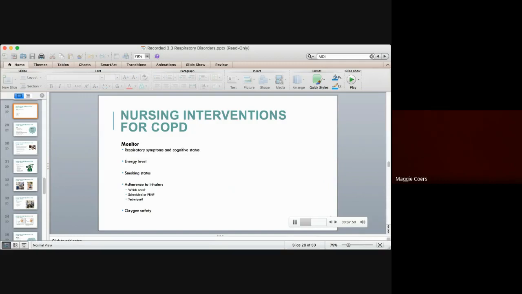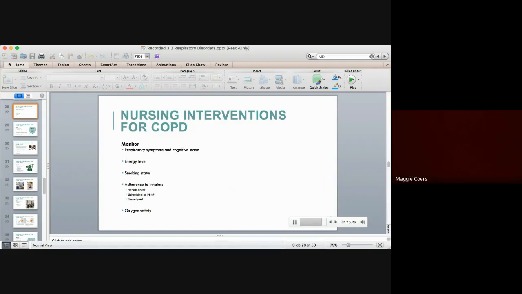We need to monitor energy levels, the smoking status, how the older adult is adhering to inhalers, like the techniques, the times they're taking them, which inhalers, how often maybe that rescue inhaler is being taken. And just because the older adult's been on inhalers forever, it doesn't mean that they really know how to use them. And the older adult should show the nurse how they actually take the inhalers, so that if we need to re-instruct the older adult on the use to make sure that they're getting the full effect of the medication,